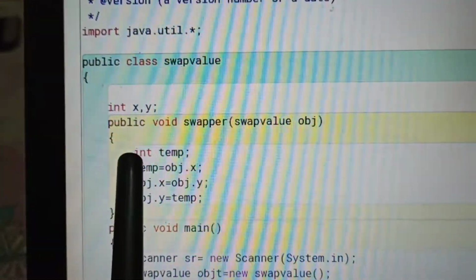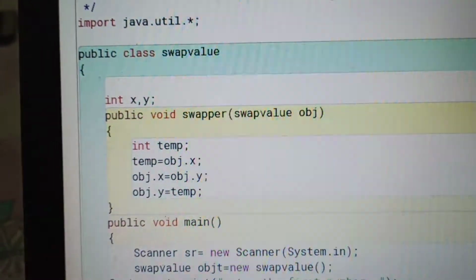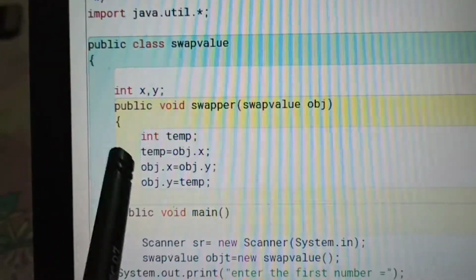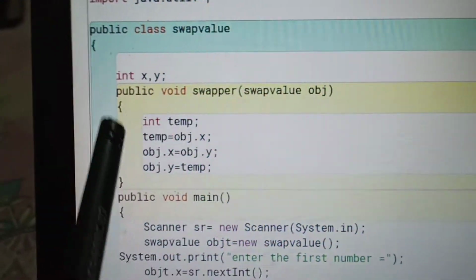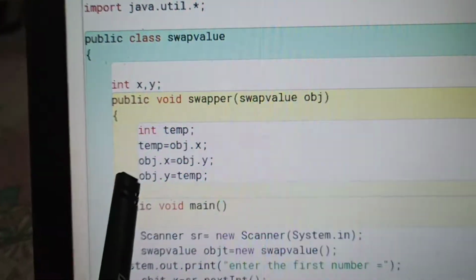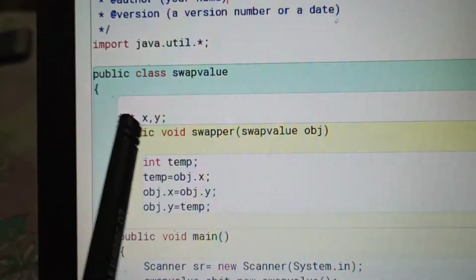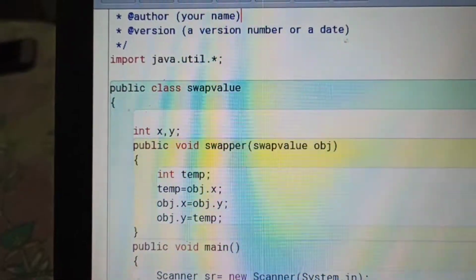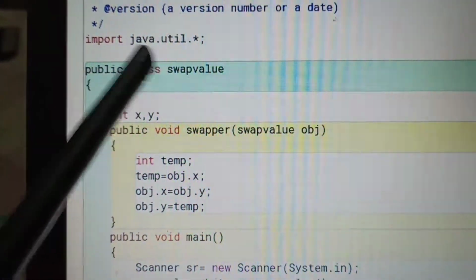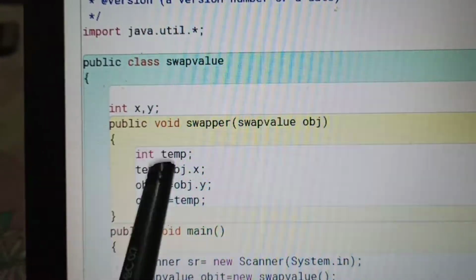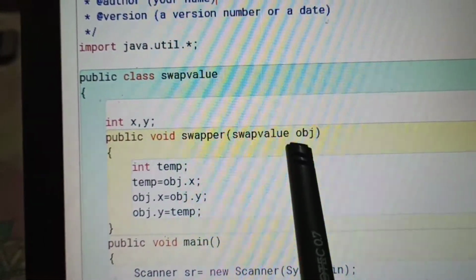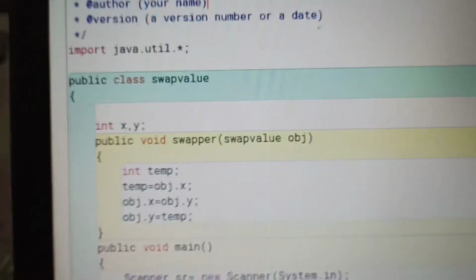Because we have to swap the values, we take one temporary variable of int type. Since we declared the variables int x and y in the class itself, we write temp equals obj.x, where obj is the object of that particular class.